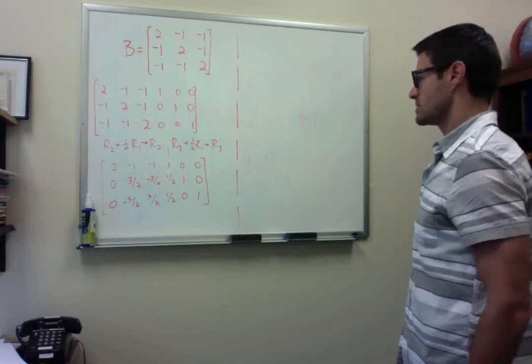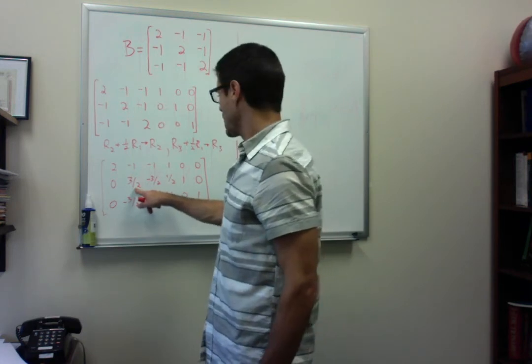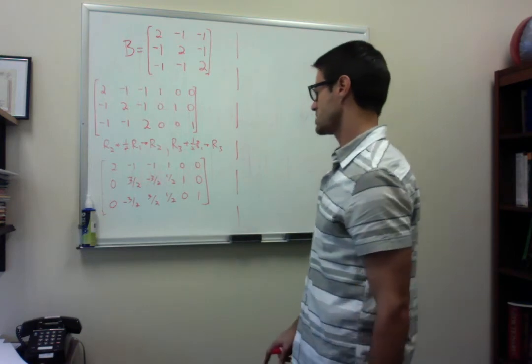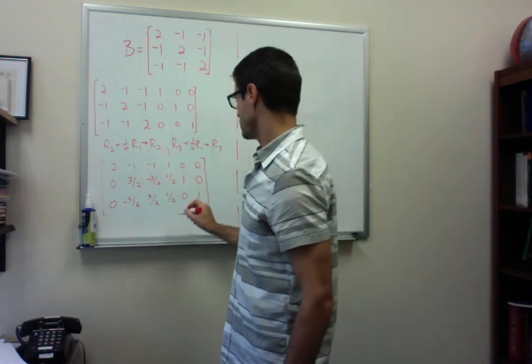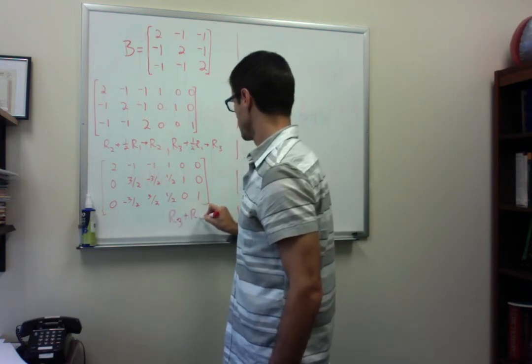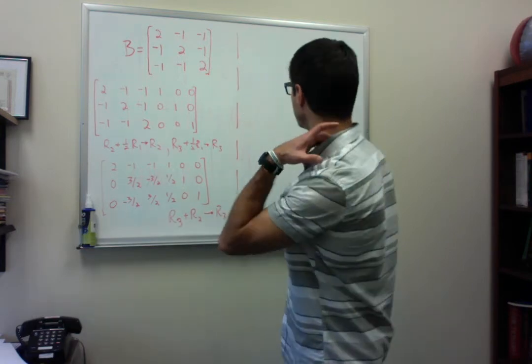Okay, and now I move on to the second column, and I look at the second entry here, this 3/2, and that's non-zero, so I try to eliminate below it. Here you can see that 3 halves and then a -3 halves means all I need to do is do row 3 plus row 2 and put that in row 3. So if we do that,